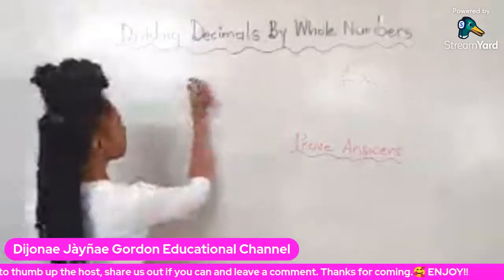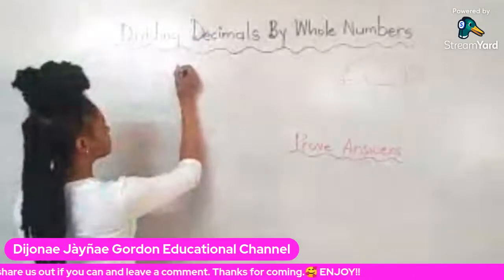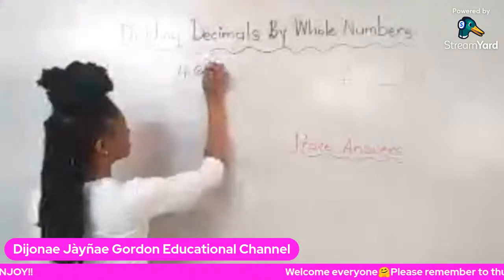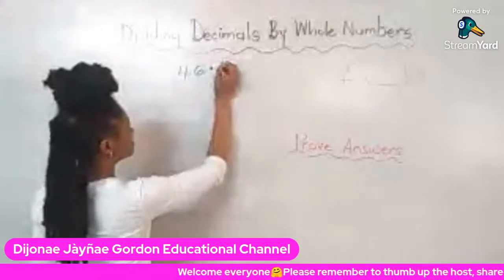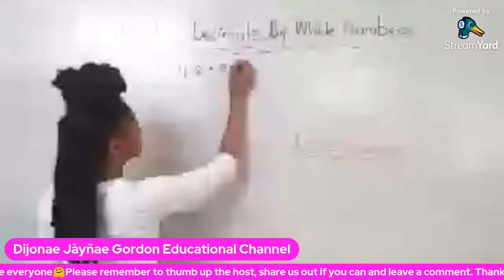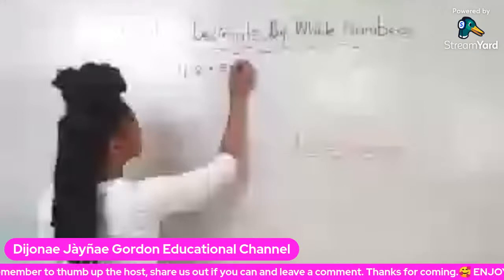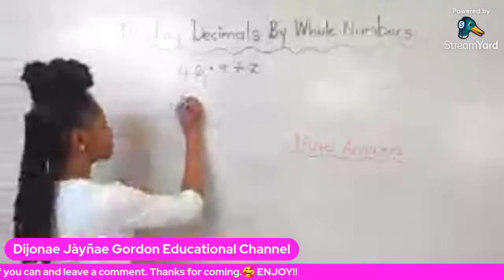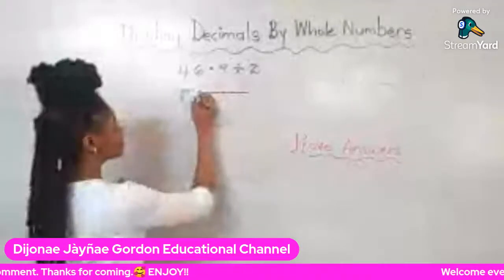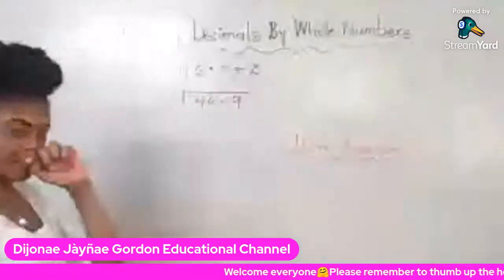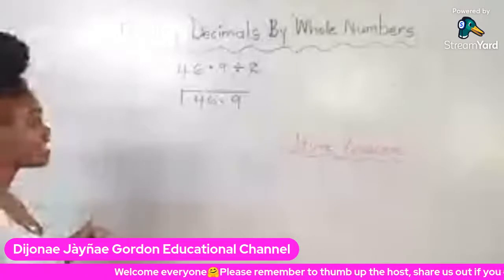All right, so here we have 46.9 divided by 2. We're taking it simple. And of course, 46.9 is known as our